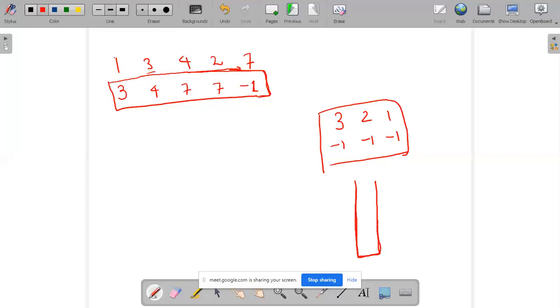Obviously we are using the concept of a stack, so some stack will be needed, right? I'll check from the right side.